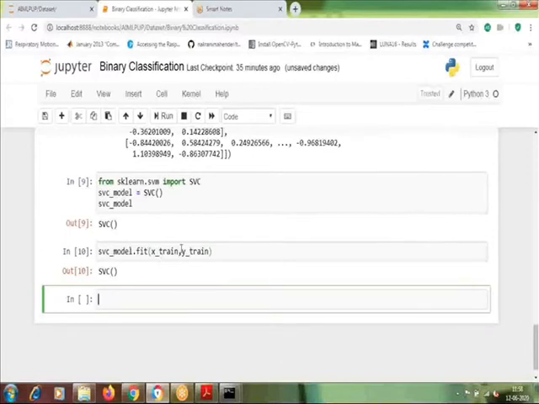So once SVC model got trained, you can go ahead and predict the result on test data set. So we will give a variable name which is y_pred to store our prediction, and to do the prediction, you take up the model, that is our SVC model. Now use dot predict for predicting purpose, and then x_test.